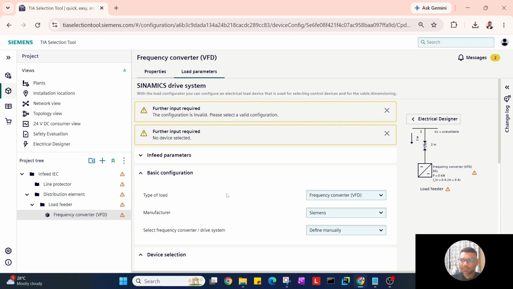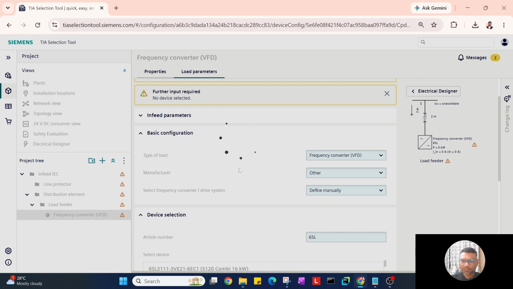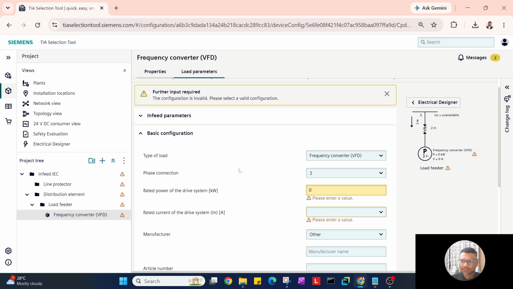So if you see my screen, everything under the properties tab and the in-feed parameters remains exactly the same as before. See the last video. The only key difference is the load parameter section right here. So let's set the manufacturer parameter here. Once we switch the manufacturer filter from Siemens to other, the available input fields under the basic configuration will change. Instead of selecting an article number from the result list, what we did for the Siemens VFD, we